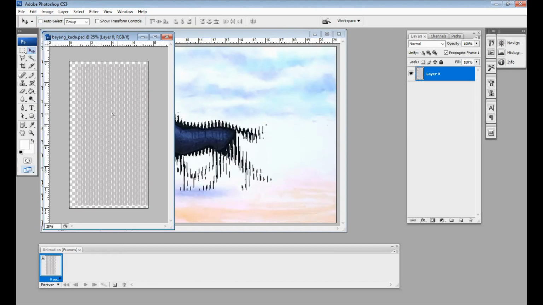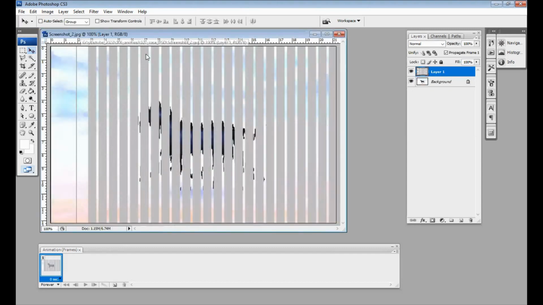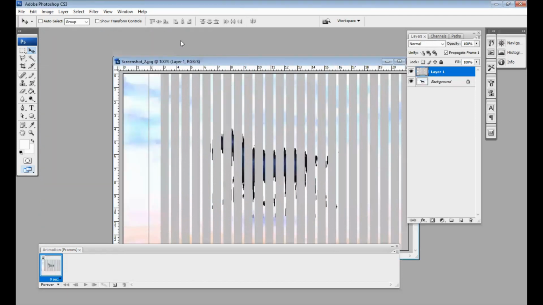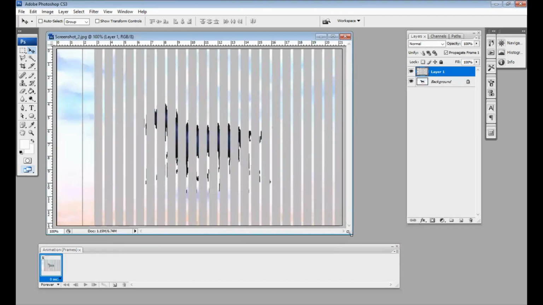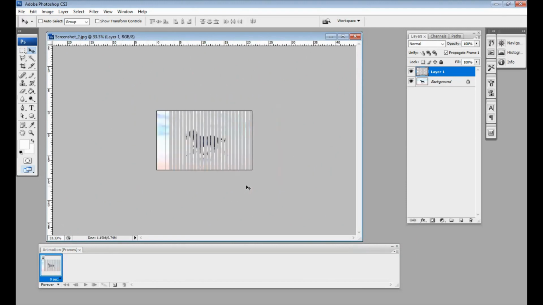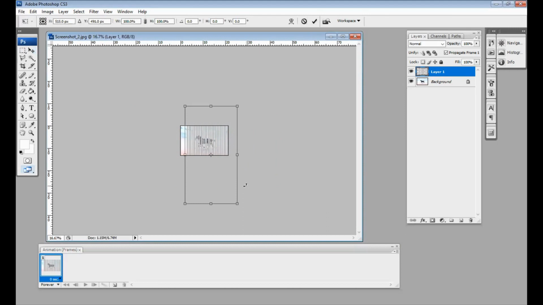And then okay, let's try this, but now I will close first to decrease my memory. Okay, Control Min, choose the size, Control T, which is the size of the silhouette, I think. Okay, move here.